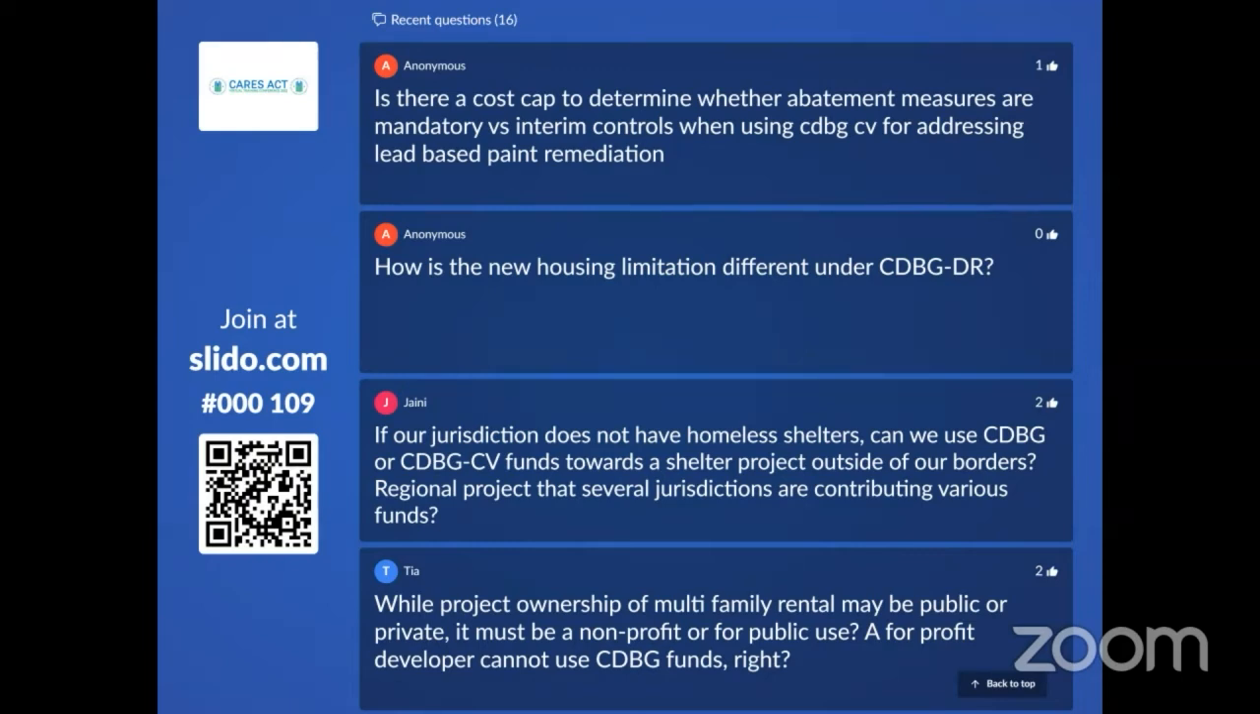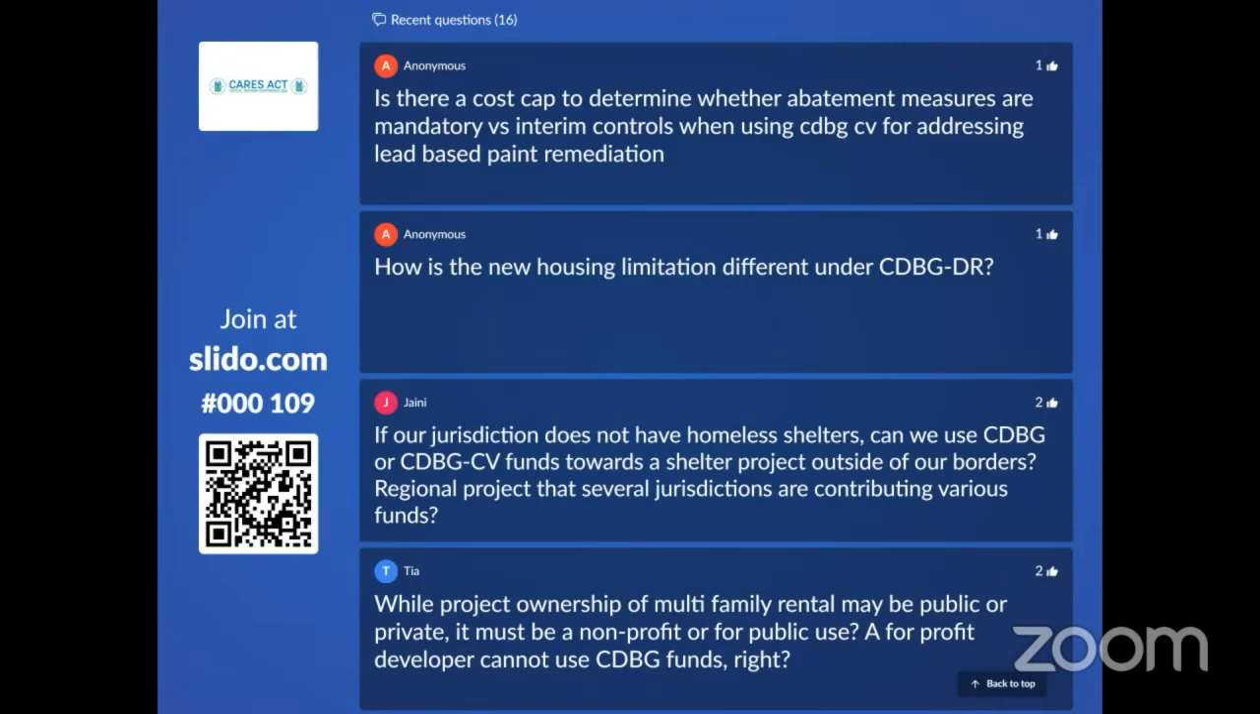Is there a cost cap to determine whether abatement measures are mandatory versus interim controls? If you're going to use CV for addressing lead-based paint or to remediate it, first of all, you have to clearly be able to tie that back to the pandemic. And that's when you get into the condition, like I said, the mold or the lead-based paint and so forth. So yes, but you have to go to the Part 35 regulations to determine what the